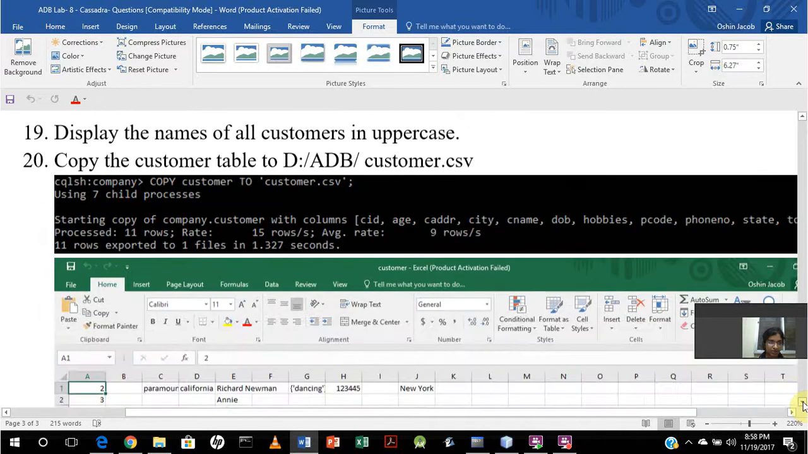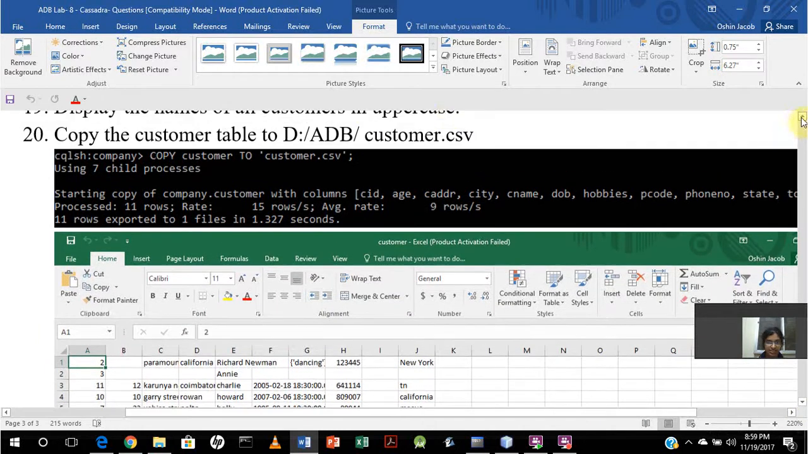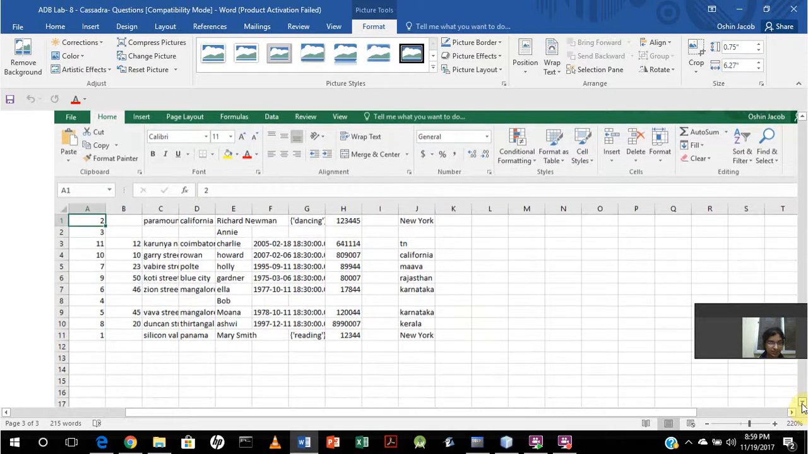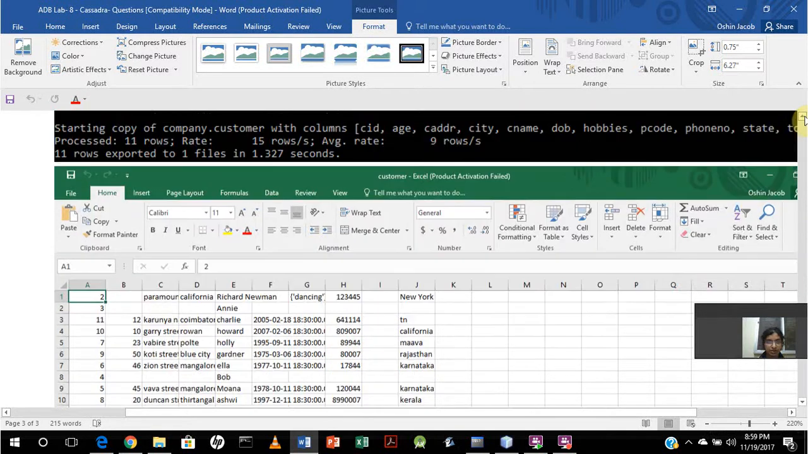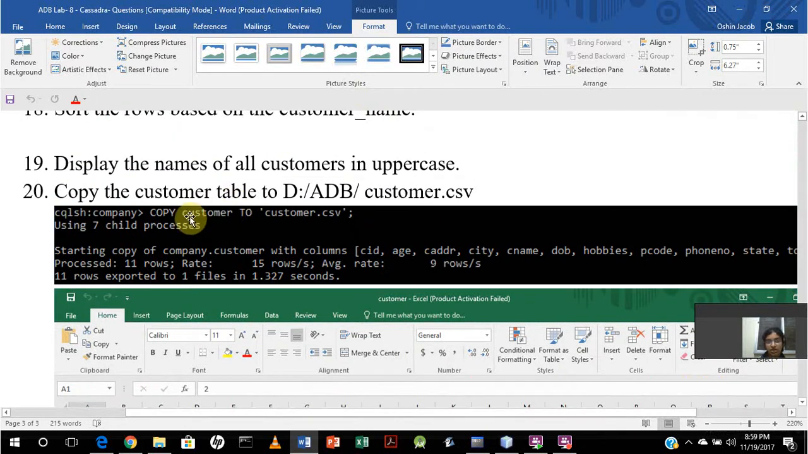And then to copy the customer table to the specified data path, D drive, customer.csv, I give COPY customer TO customer.csv, and once this is done, I open Microsoft Excel and get this information there. That is how I have copied the customer table data into customer.csv. That's it for